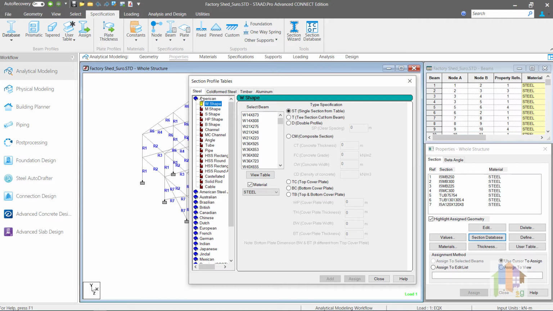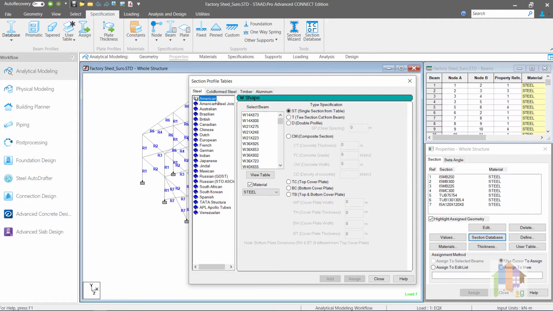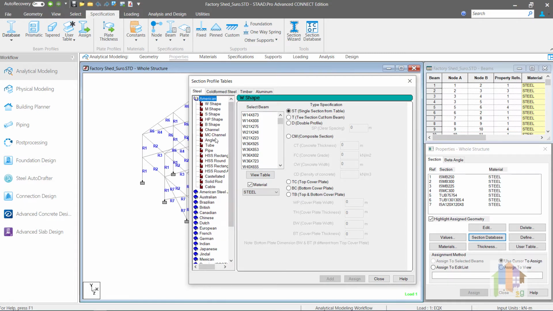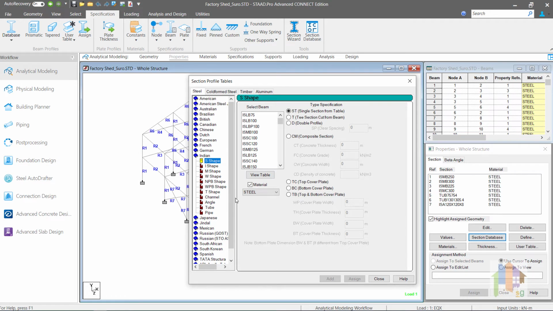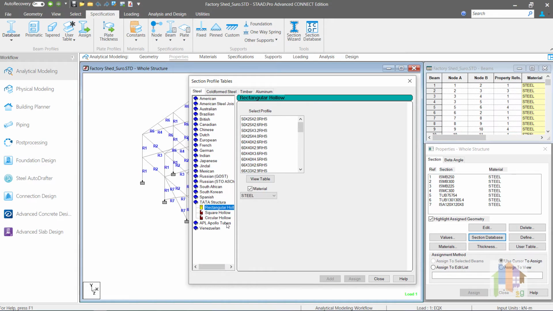as the standard section database. If you look at the table, you can notice that the sections are categorized as per country and also as per the shape of the section. For example, to check and assign the I sections available in the Indian market, you need to go to the Indian database and expand SI or MSEP. Also, Tata and Jindal databases are available with sections manufactured by these companies and used in India.